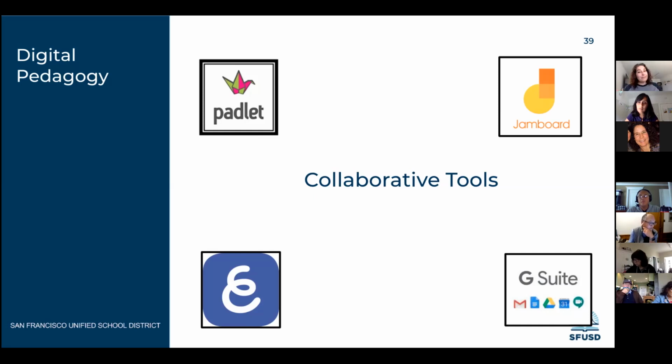And let's not forget about Google Suite and the amazing things you can do to collaborate with it, right? You can create a shared story. I don't know about you, but I used to love doing this with my 3rd graders, right? You have a starter, and then each kid contributes a little bit of the story until you have a big one. In your toolkit, you've got Mad Libs. You can do Mad Libs, but in a shared piece. You can use a Google slide deck, right? And each student has a different slide, and then do a gallery walk. Lots of different ways to have some collaboration when you're ready.